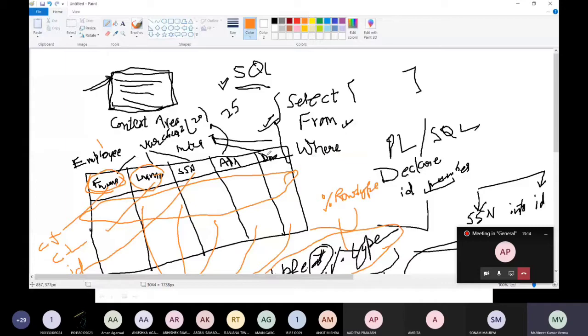In a select statement, whatever data you want to extract, we have to use those attributes or all the records. In the case of select from tables, there may be one table, there may be more than one table, and the where clause is used for filtering that data, right? So when we run this query, it basically generates some rows. There may be a single row, or there may be more than one row.